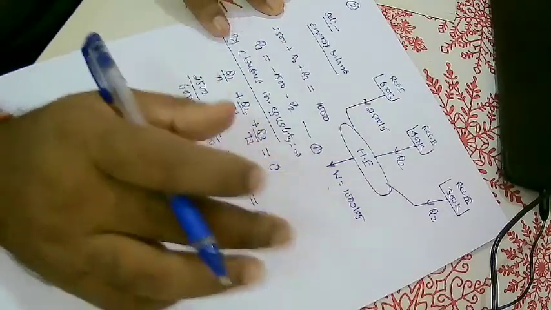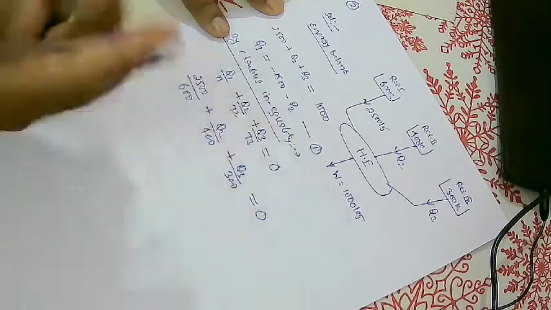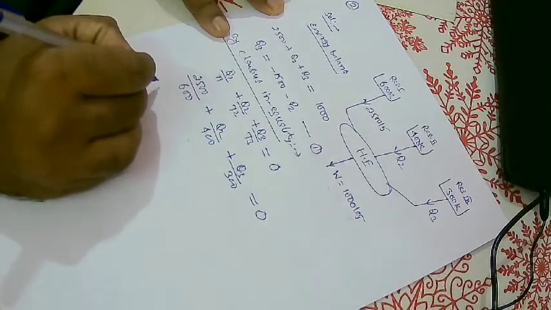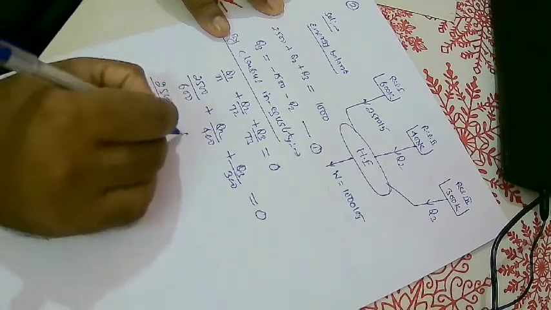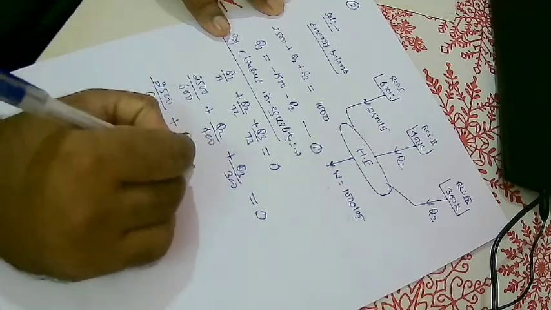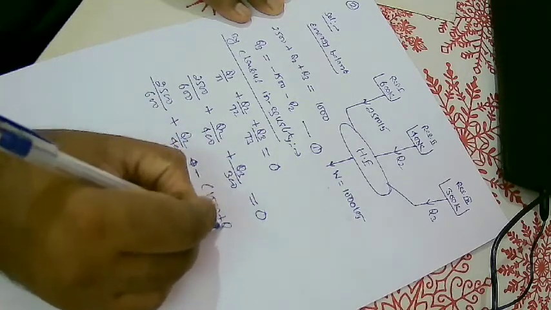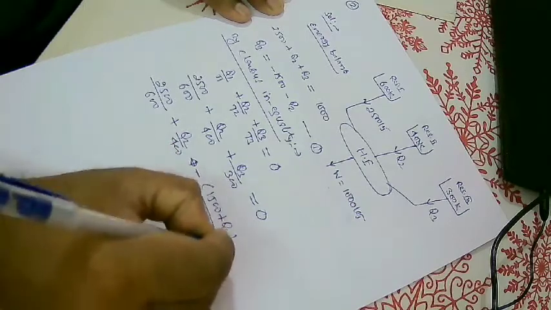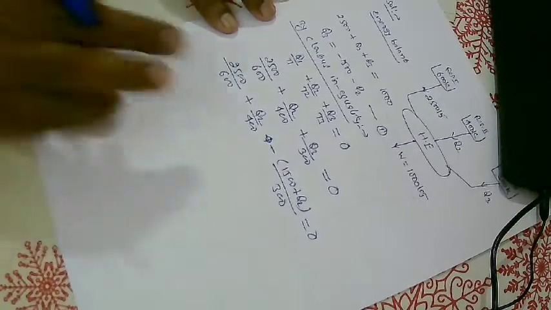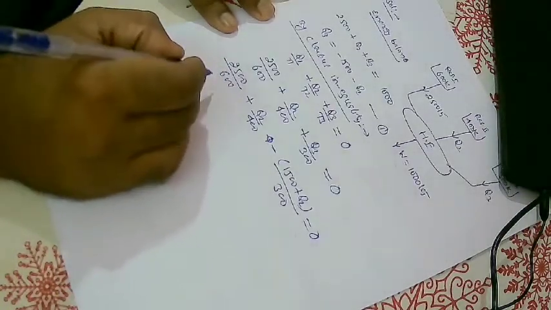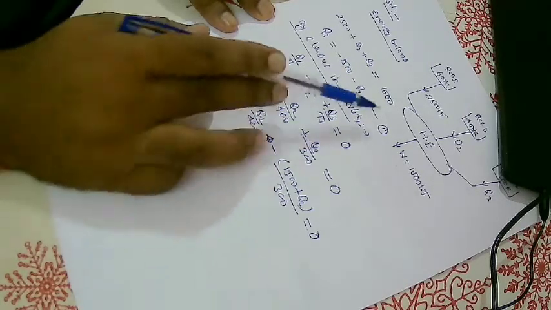Now we will substitute the value of Q2 and Q3. Q3 we already expressed in terms of Q2, so we will substitute here. The moment I substitute here, this becomes 2500 divided by 600 plus Q2 divided by 400 plus, Q3 being minus 1500 minus Q2, so minus 1500 plus Q2 divided by 300 is equal to 0. If I solve this, I can get the second equation, right? Second equation. So if I solve this, I can relate it with this equation, right?